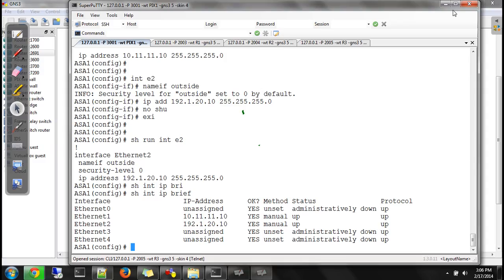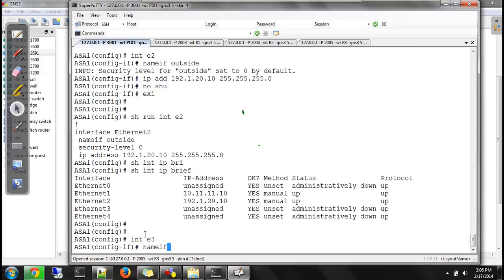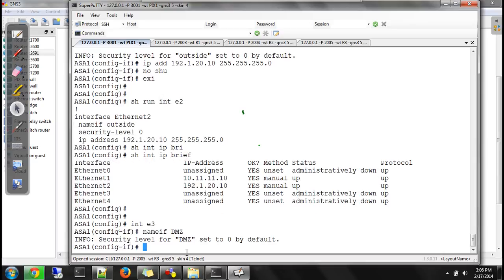Let's try this. I'll go to interface E3. I'll say name if DMZ. When I hit enter, any name except inside will get default security level of what? 0. So the same thing happens with DMZ. But now the problem is if I keep 0 here.